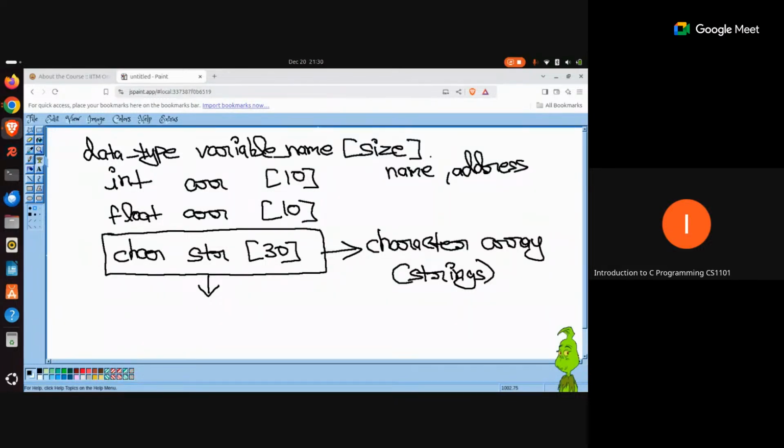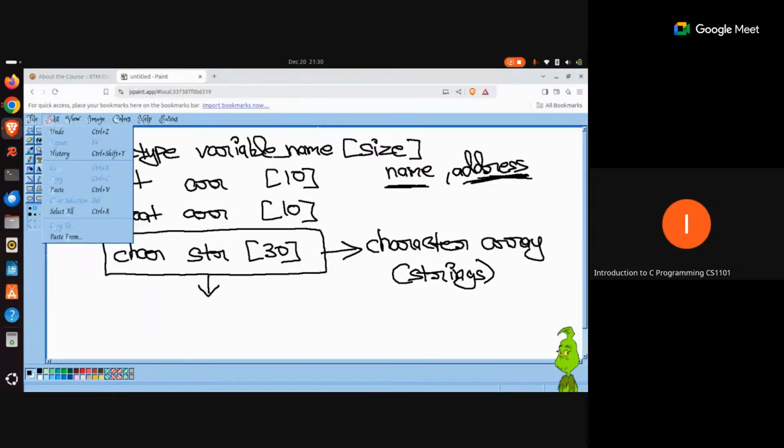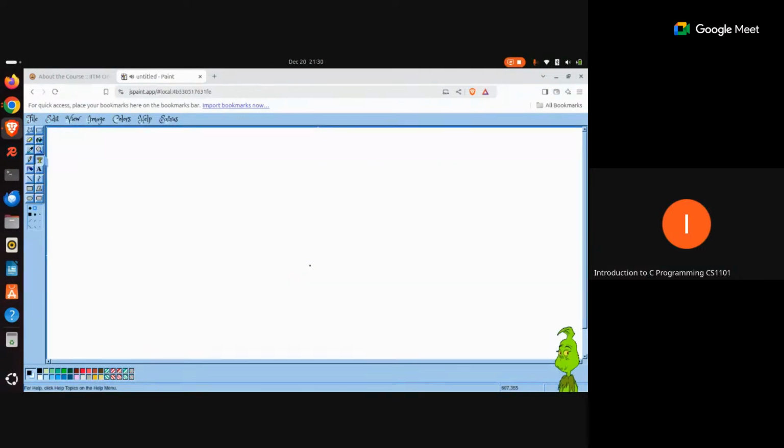There could be many other things that you would want to work with. So in order to work with these logical entities, it becomes important for you to understand the concept of character arrays or strings. Now, when you are working with character arrays, there are some additional functions that you can make use of, which will be provided to you by importing a library file called string.h.